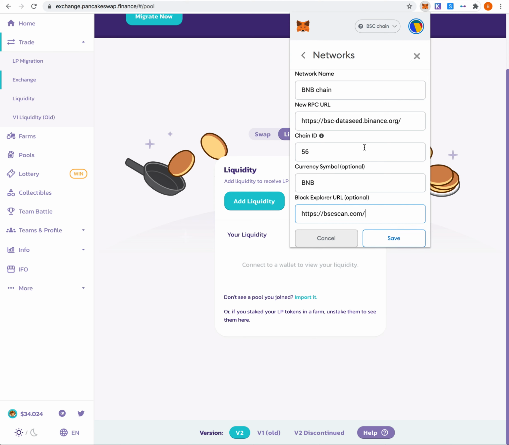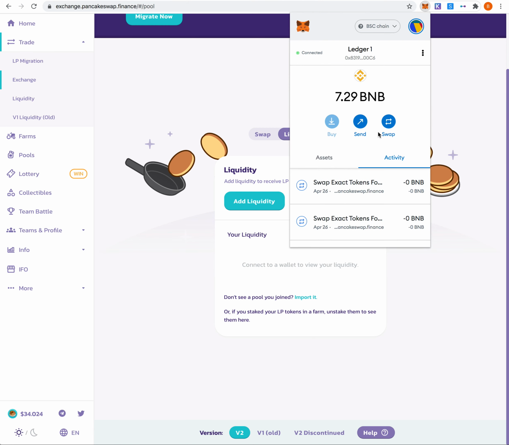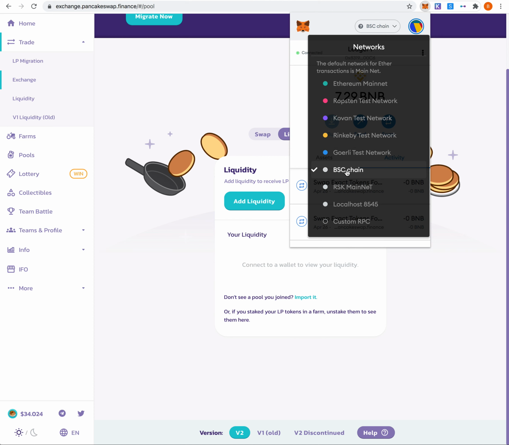And you'll click save. Once you click save, you'll see that the network has been added, and it'll pop up on your list as whatever name that you have it named. I already had it saved as BSC chain and I didn't want to change it, but that would be the whole